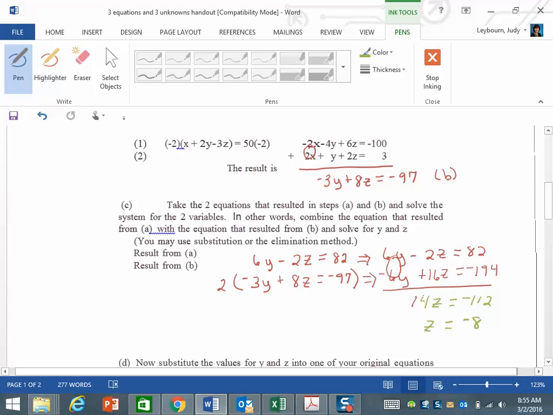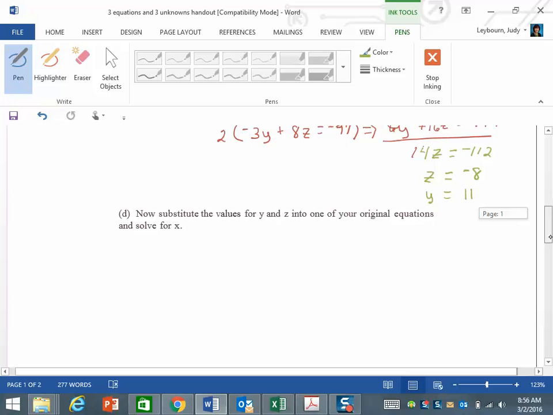Now I can substitute -8 in for z in either equation, and once you do that, you will get y to be equal to 11. You would, of course, need to show your work. So now I can take my values for y and z and plug them into any of the equations. I'm going to choose equation 1 at the top,